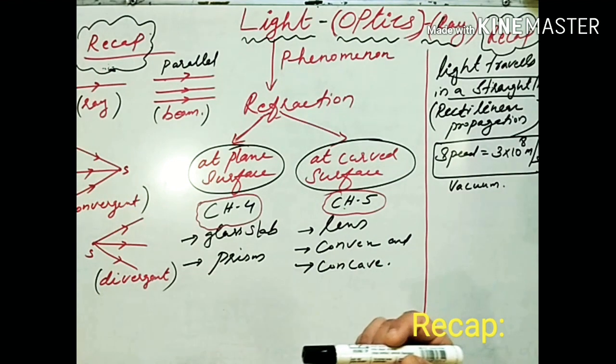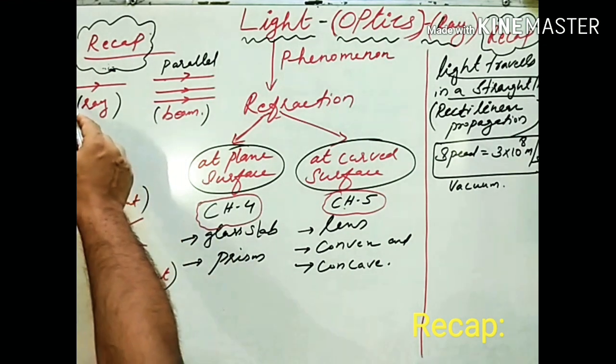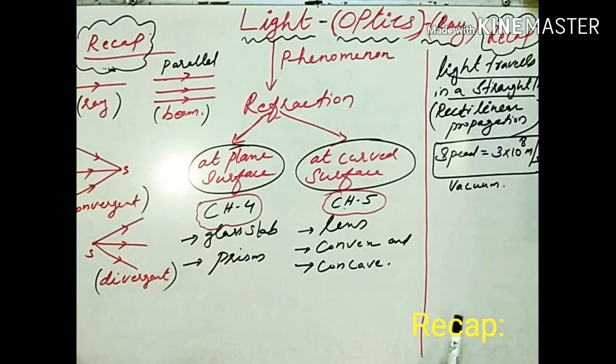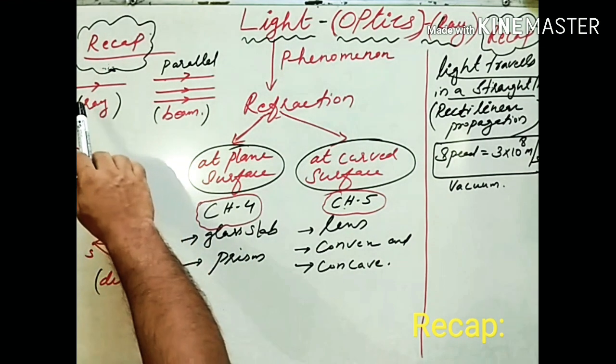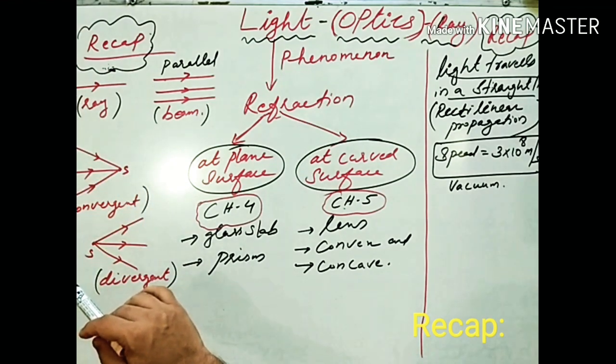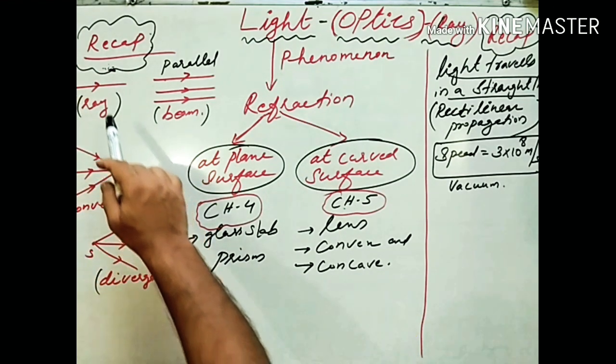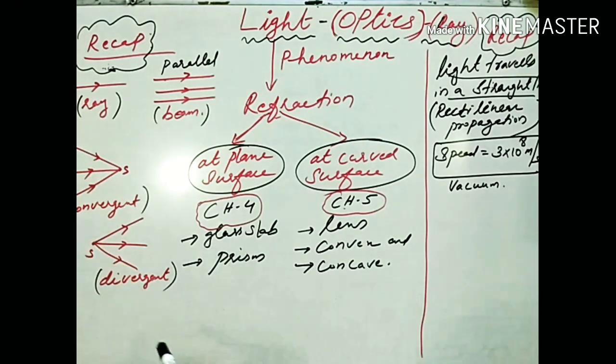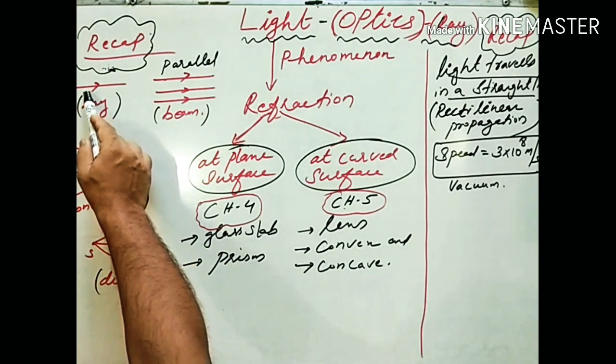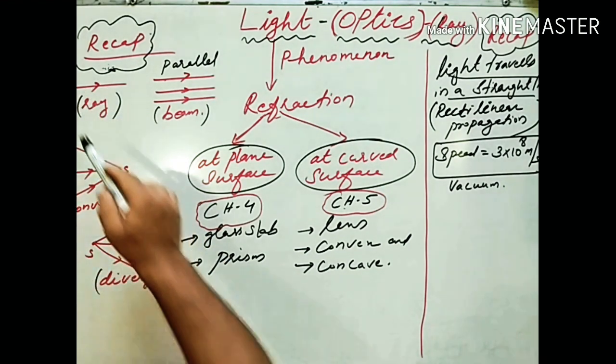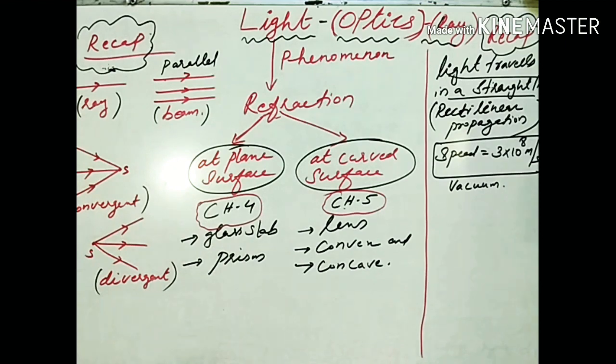So remember that we are learning about ray optics. So light travels in the form of rays of light, and this is the ray of light. What is a ray of light? We can see here a ray of light is nothing but it's a path along which light travels. So the direction of a very narrow path of light is shown by a ray of light.